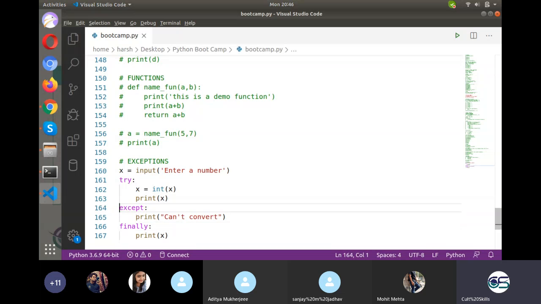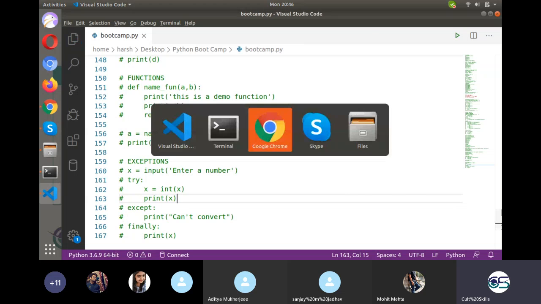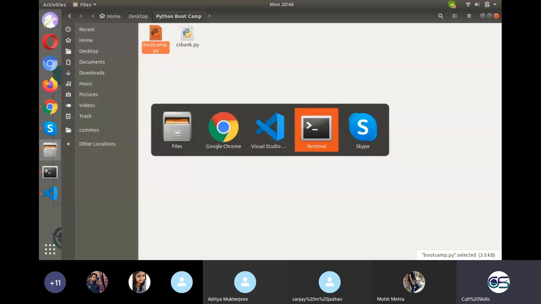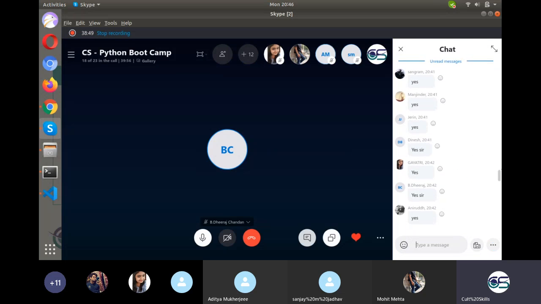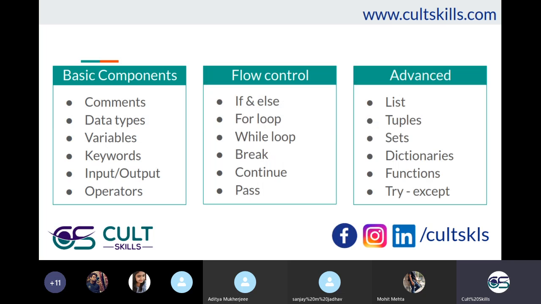So again the syntax, I am just sharing it. That was all I can cover in the bootcamp when it comes to syntax. I will again share the updated file. Right, so I'm done from my side and I'm waiting for doubts and queries to come up from your part.